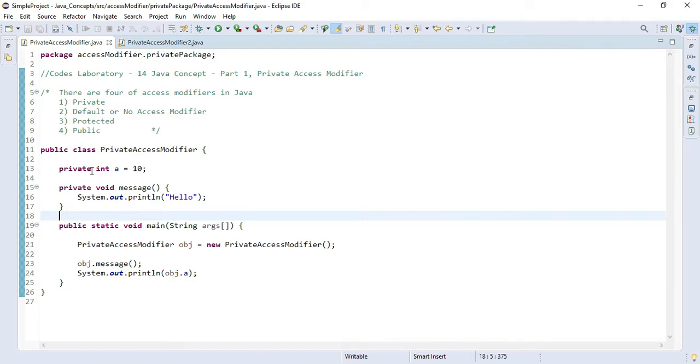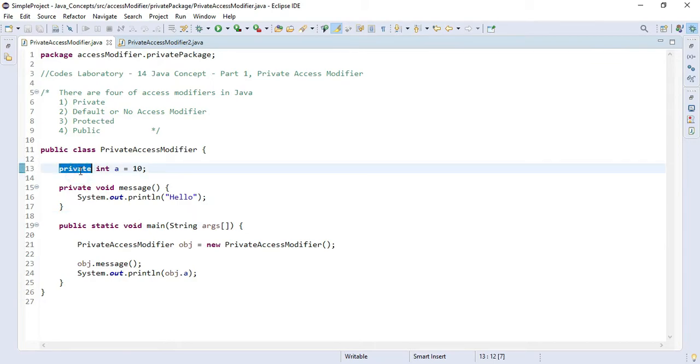Why? Because the access modifier of this variable and this method is private.